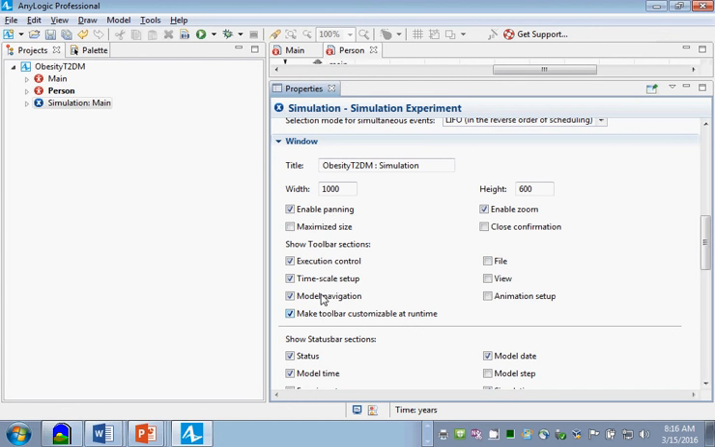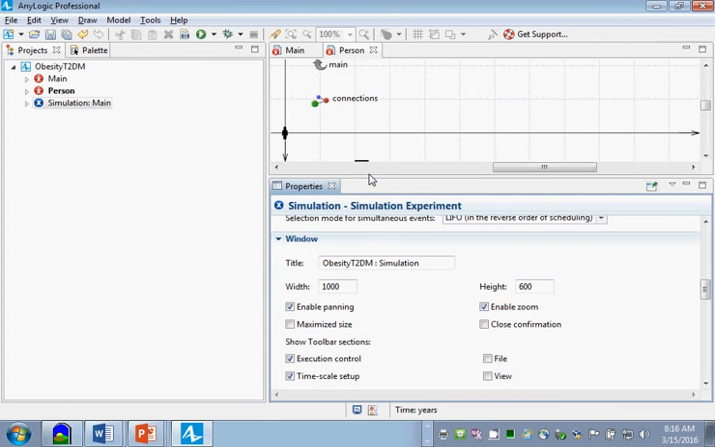It'll tell you what it's showing initially. And it'll ask you, do you allow zooming? Do you allow panning of the model? Okay? So, ladies and gentlemen,